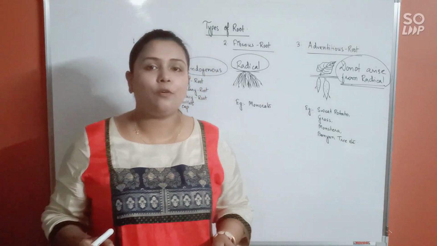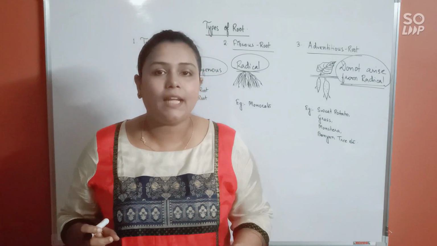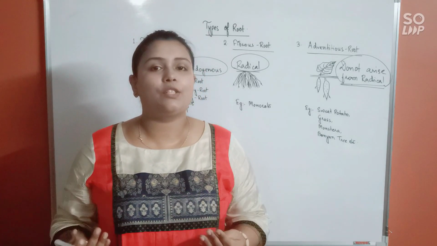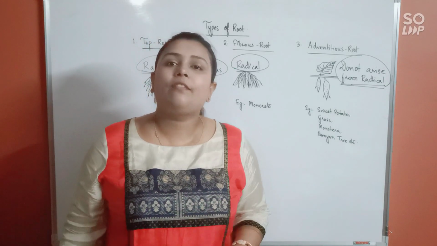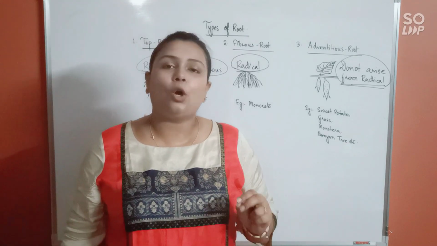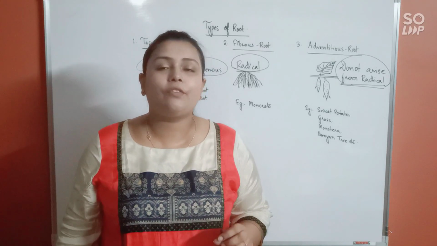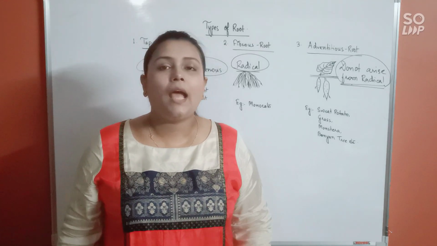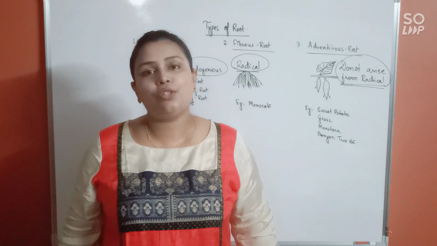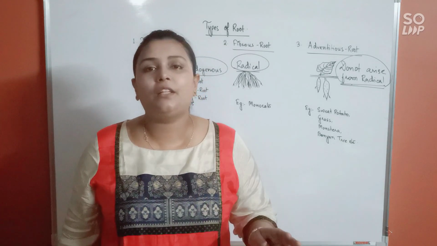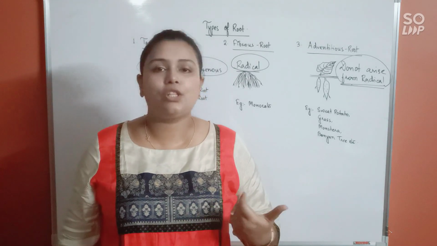Alright. So there are three types of root. First is the taproot system. It arises from the radical, and here the radical will give rise to the primary root, which is the most prominent part of the root. Next is the fibrous root system. The fibrous root system will also arise from the radical, but here the primary root will be short-lived. Hence, it will be replaced by thread-like structures and together that will make a fibrous root system. And the third is adventitious roots. These will arise from any other part other than the radical. So, we will call them specialized roots or adventitious roots.